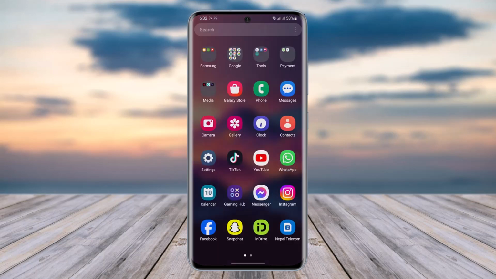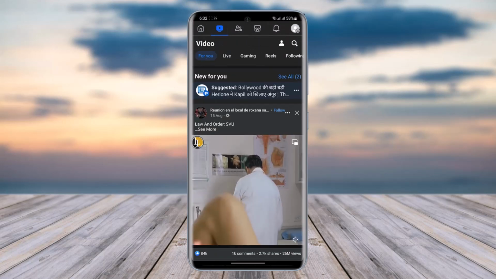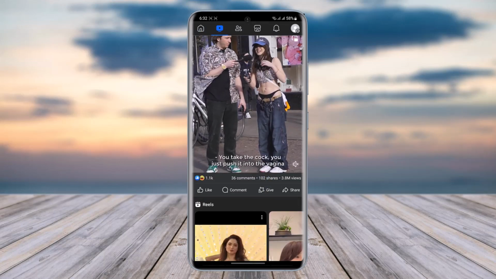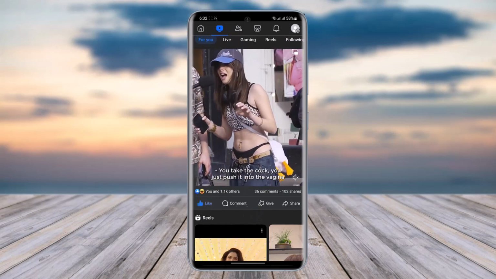For the matter, first access your Facebook app. Afterwards this kind of interface is going to pop up, right? So we're going to go to this reels section and then we can find all kinds of reels, right? The easy way for you to do it: let's say I have liked this reel and I'm going to go